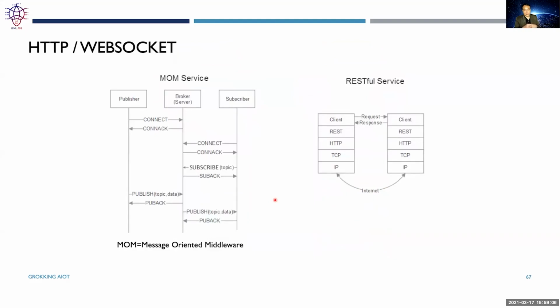So here's just a comparison between using the REST style, which is the request response style, versus a message-oriented protocol like MQTT. So in the MQTT protocol, there's always a broker, like a postman. The publisher of information, the sender, will send the information to the postman, the broker, and then that broker will basically send that corresponding information or message to all the subscribers who have said that they are interested in this particular type of message.